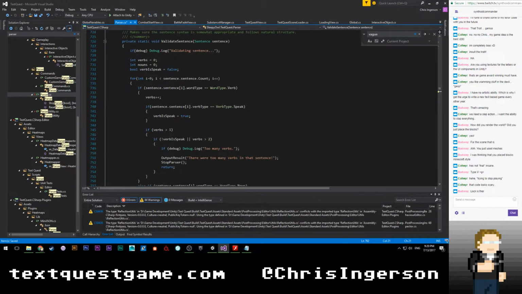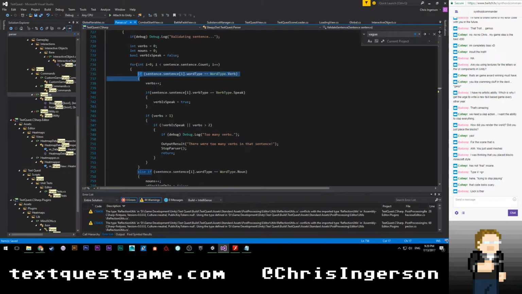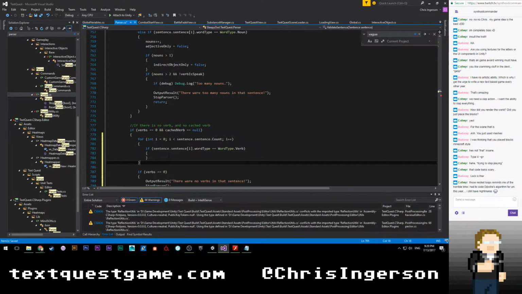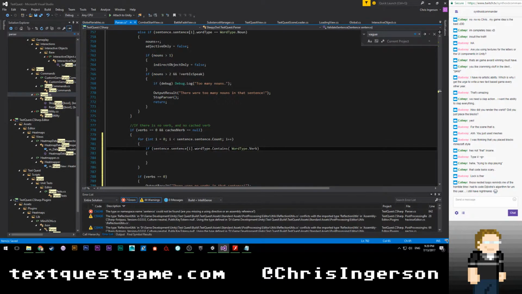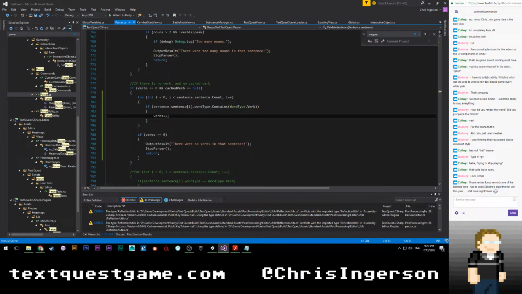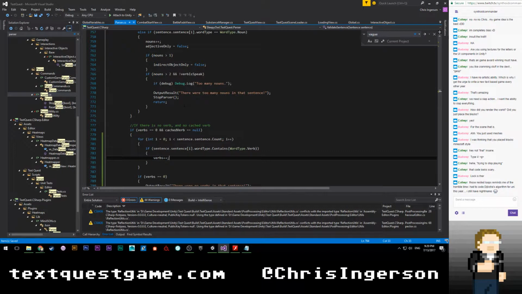Otherwise, we're just going to say, grab this. So instead of saying if it's equal to verb type, we're going to say dot contains verb. The word type is actually a bit mask, so it can be any number of things. Specifically for words like light or lock, where they can be verbs and nouns. So if that's the case, then we're going to say verbs plus plus.